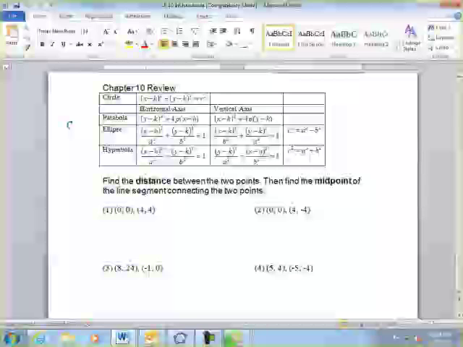On this assignment, there were several students that forgot to do one of those things, and every year on the test there are some students that don't read their directions carefully enough and forget to do one of those things. I put them in bold, so hopefully that will help you remember that you need to do both of those things. When we learned about distance, we had a formula in our notes,